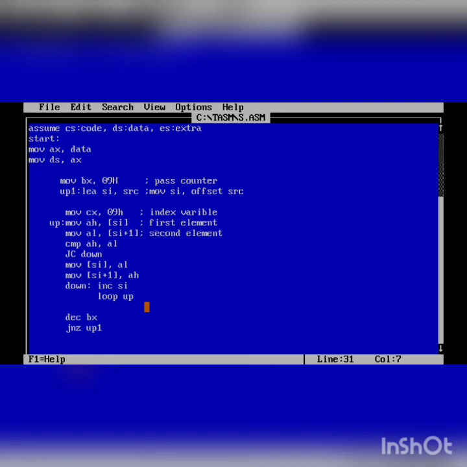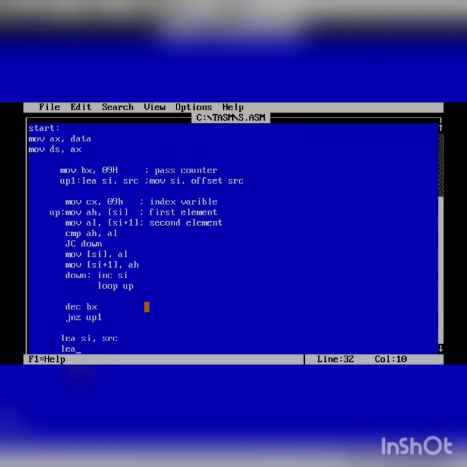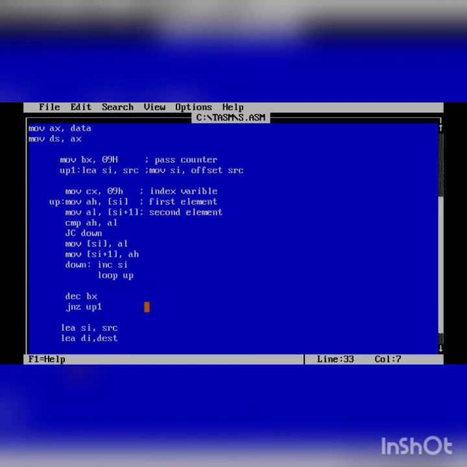So here we want to check whether our elements are getting sorted properly or not. Here again we will load LEA SI with the source address, LEA DI with the destination address, and declare a counter 0AH.